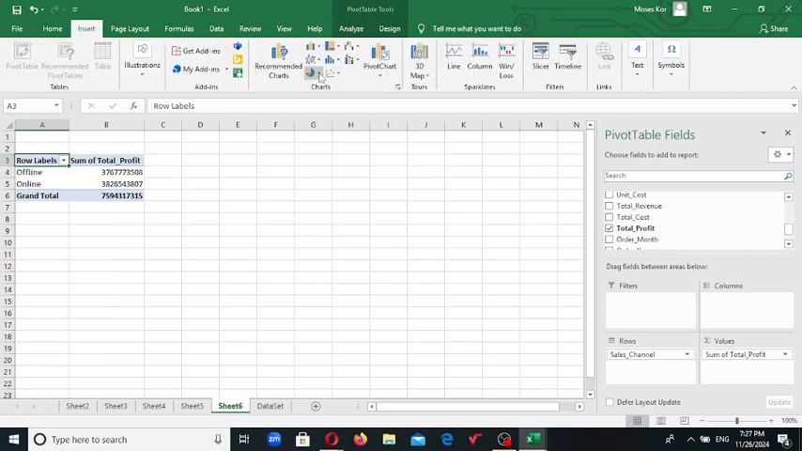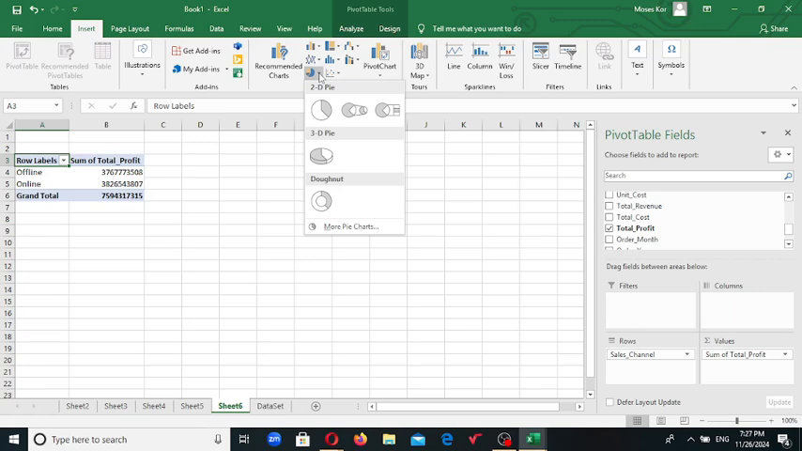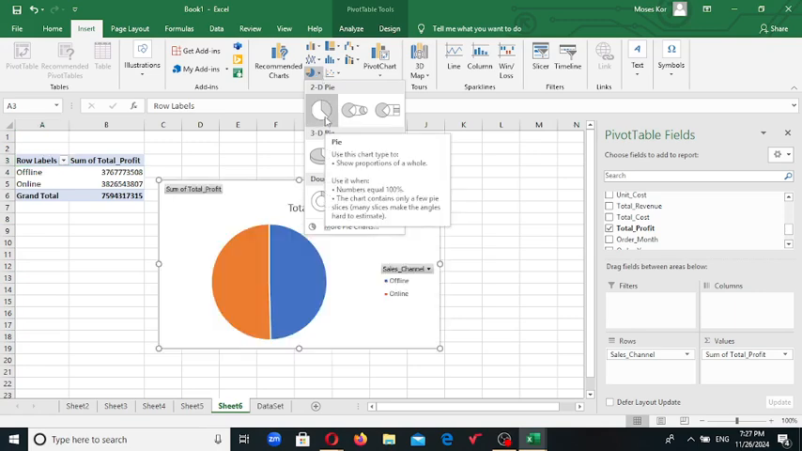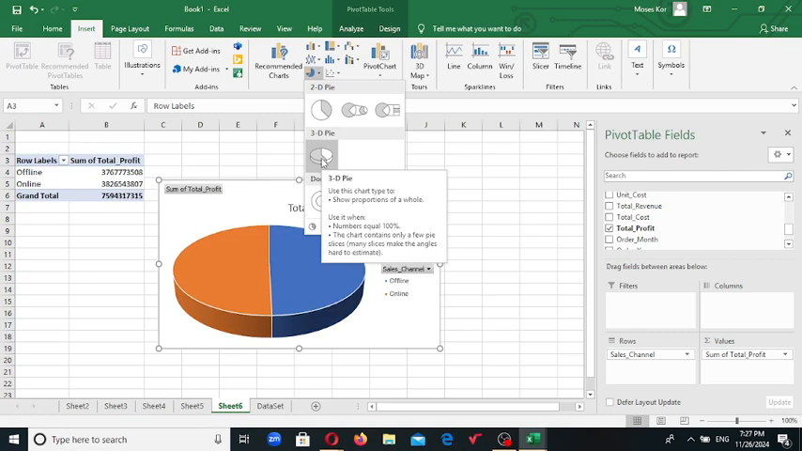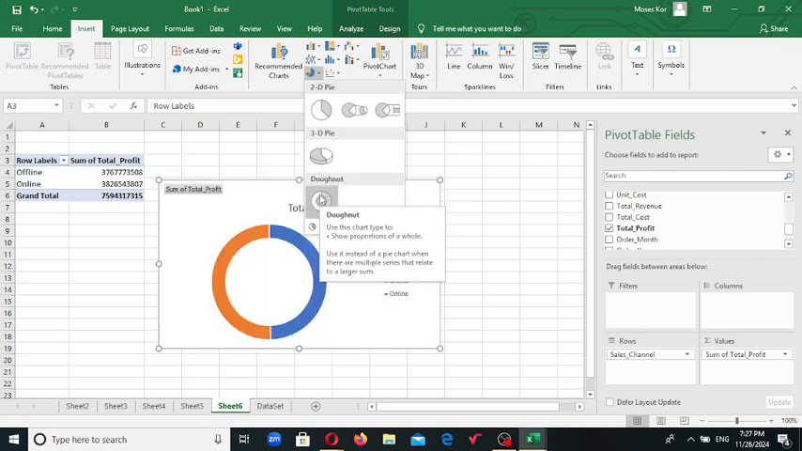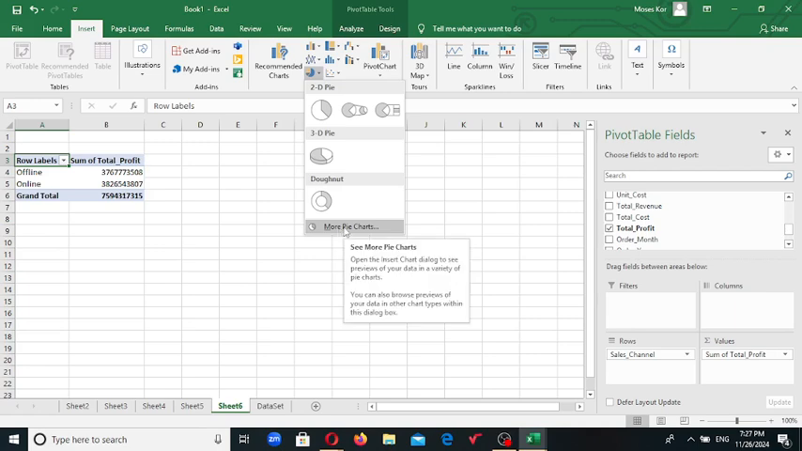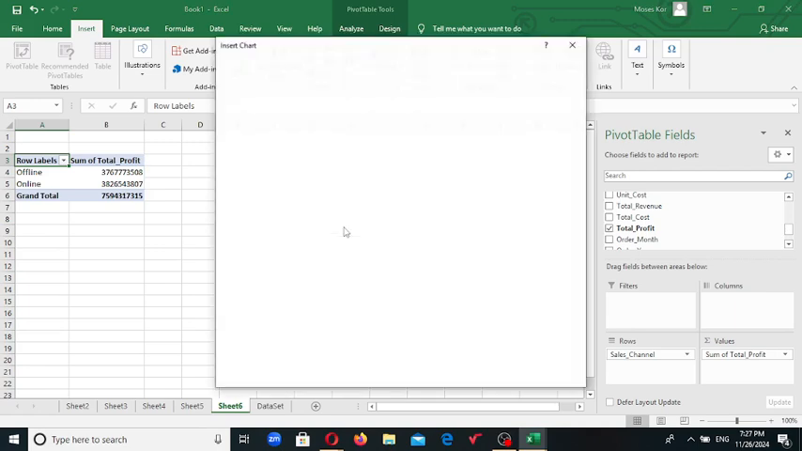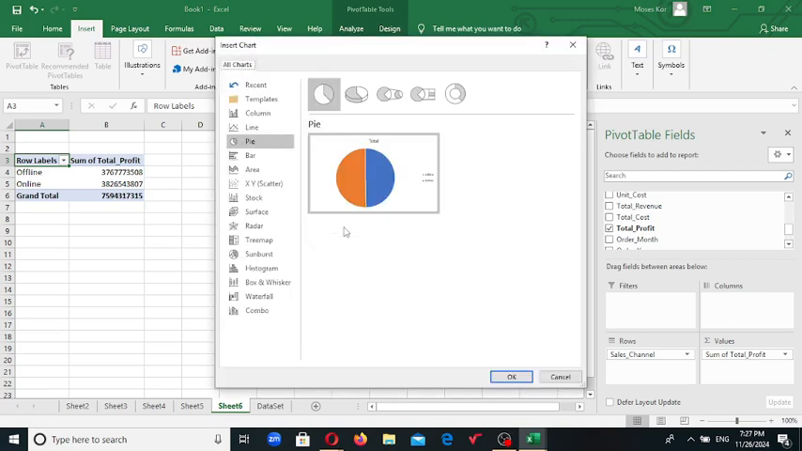So we have it. Now we create a pie chart. We come here, look at pie chart here. We can select any of them. You can select this one or this, or you can select a donut chart, or you can look for more charts. There are more pie charts. Look at them here. You can select any of them you want. So let's go with this one. Click OK,